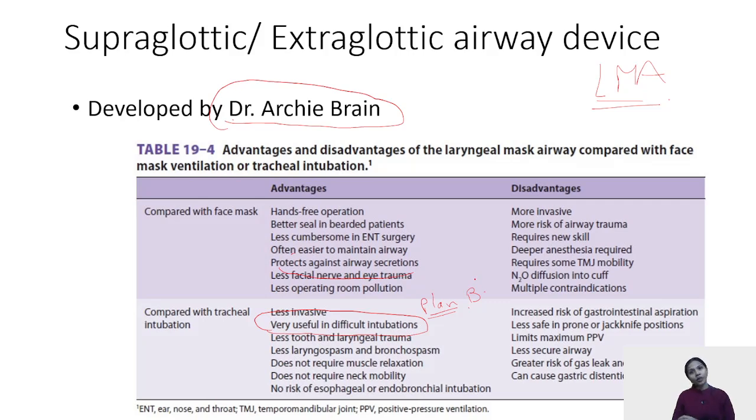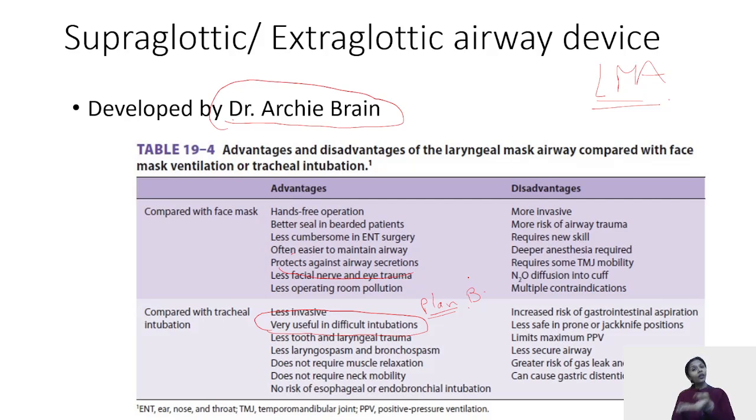Not only during extubation, but even the stress response of intubation is very less in SGAs as compared to your endotracheal tube insertions. Moreover, for the introduction of the supraglottic airway device, we don't compulsorily need skeletal muscle relaxants, whereas when we talk about endotracheal tubes, we have to use muscle relaxants. Most importantly, can the supraglottic airway device ever be endobronchial or lead to esophageal intubation? No. So that is the beauty of supraglottic airway devices.